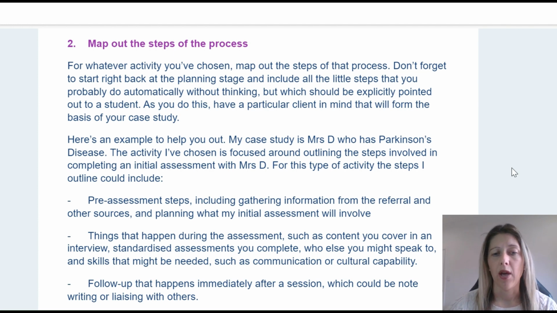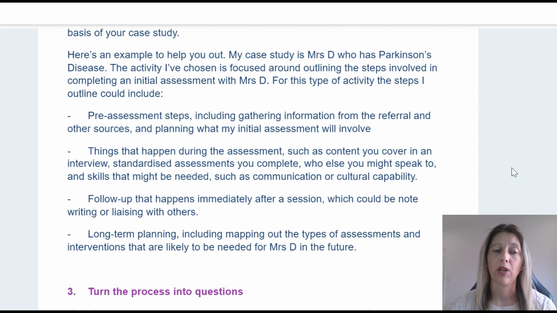So here's an example to help you out. My case study is Mrs. D, who has Parkinson's disease. The activity that I've chosen is focused around outlining the steps involved in completing an initial assessment with Mrs. D. So for this type of activity, the steps that I include in my outline could include pre-assessment steps, including